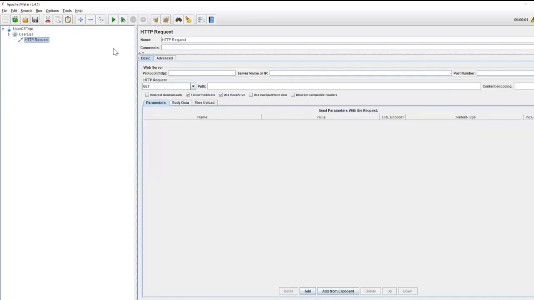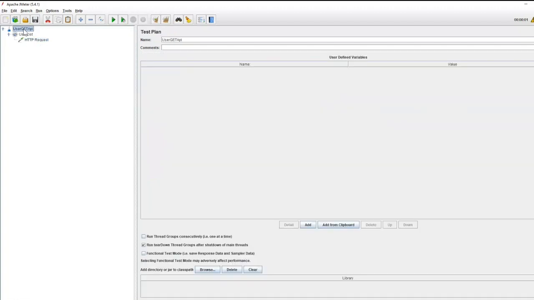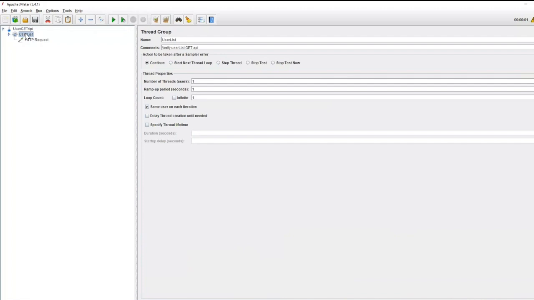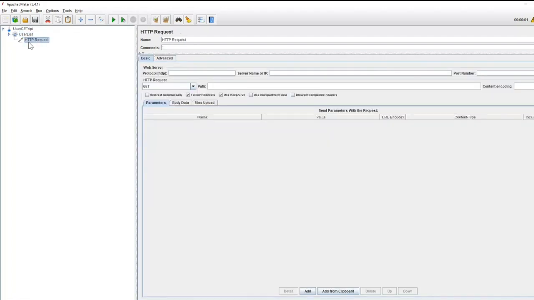Once we select it, we will get a sampler like this. So now we have a test plan. Under the test plan, we have a thread group. Under that, we have a sampler, that is the HTTP request. Inside the HTTP request, we can give the name and whatever details we need. So here I can specify